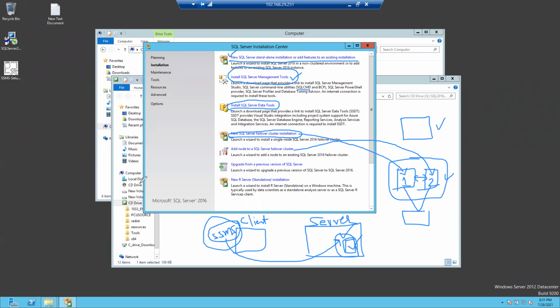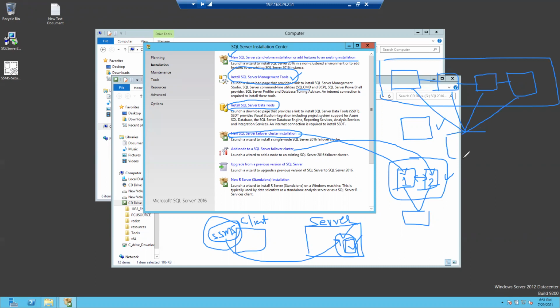Like if you're having, say, a 3-system setup, below I showed you a 3 node cluster. If you're having a 4 node cluster, the storage will be shared here. When you install on a 4 node cluster, how will you do the SQL Server install?